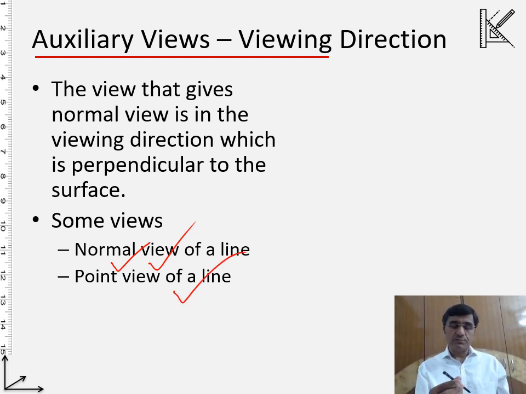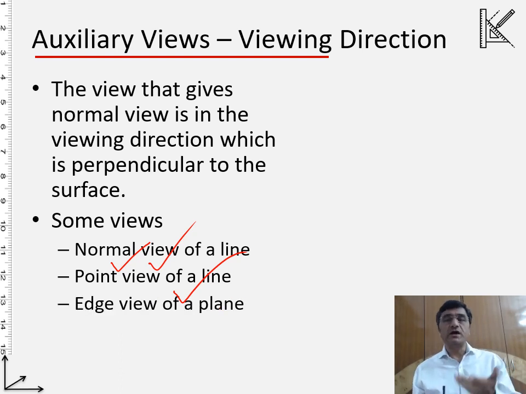In any other case, for example, think of that glass box. Always keep that glass box over here: the frontal plane, horizontal plane, and then the profile plane. In any other direction, I keep this line in this manner, so it is not parallel to any of the principal planes. Still, we would like to determine the true length of the line. So we'll have to determine a plane which is parallel to this line somewhere here and project it onto that. This is what we will learn: how to identify this auxiliary plane so that the line can be projected onto it, an auxiliary view, and we know the normal view of the line.